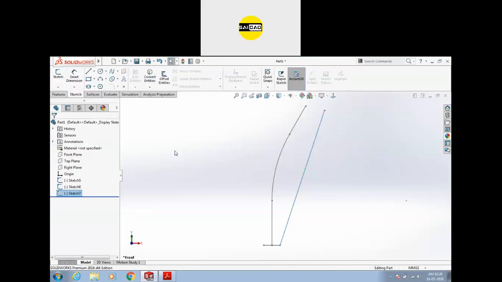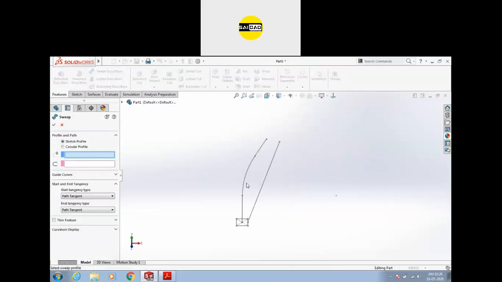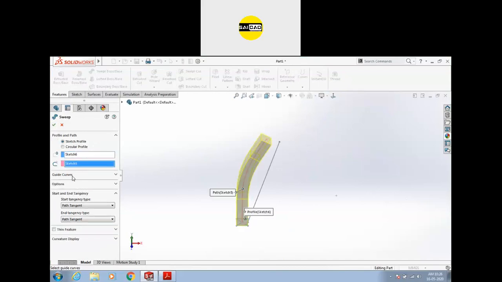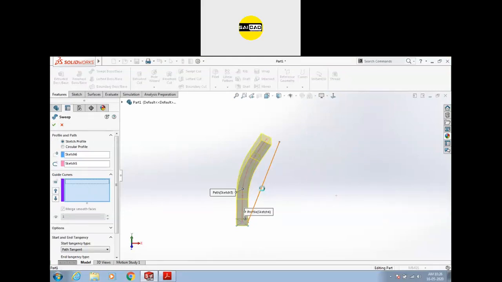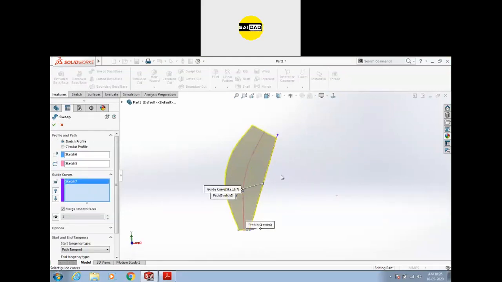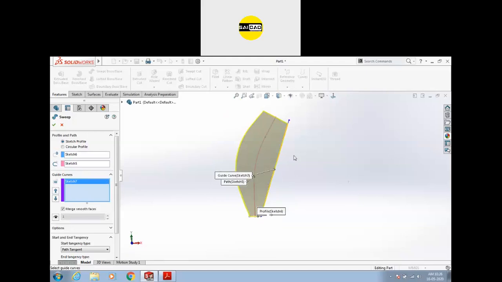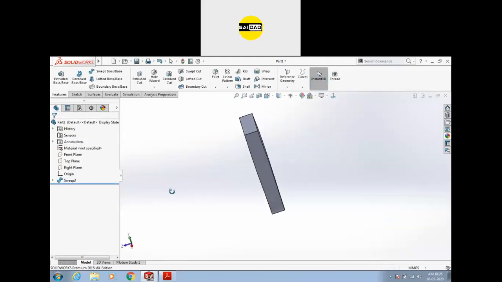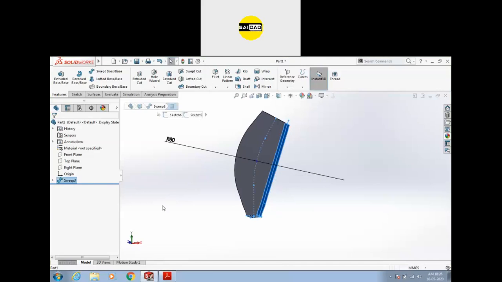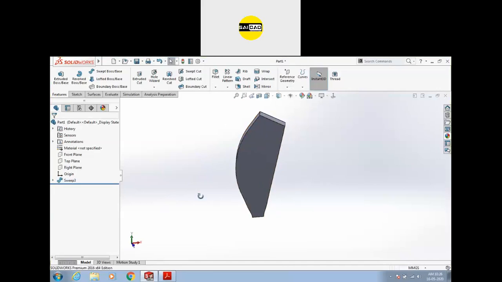So exit, and now go to the feature, sweep, select the profile, select the path. Now we have an option of guide curve here. Select the guide curve. So now you can see the path it will follow for the outer direction. Okay. So if you complete, the shape will be like this. This face will be straight and this face will be created by default. It will create an automatic shape.